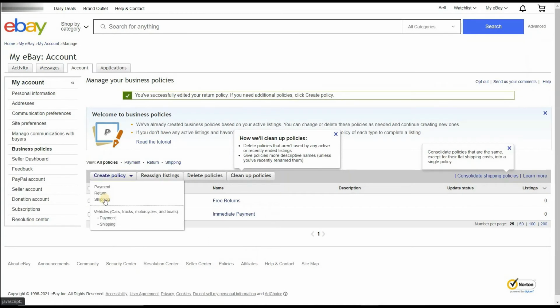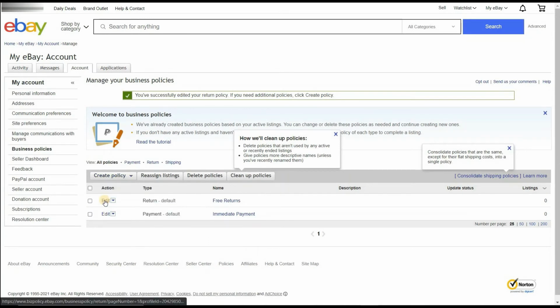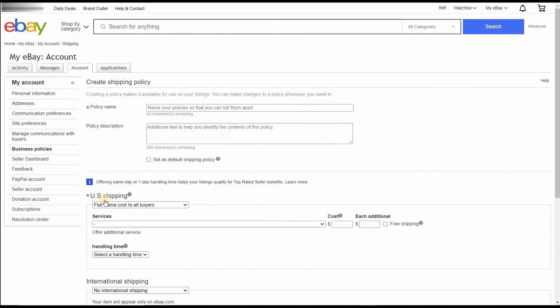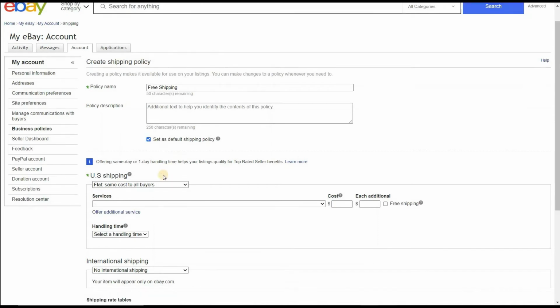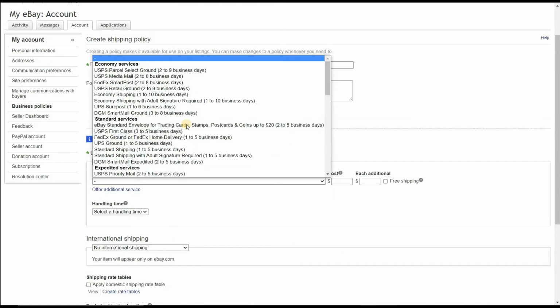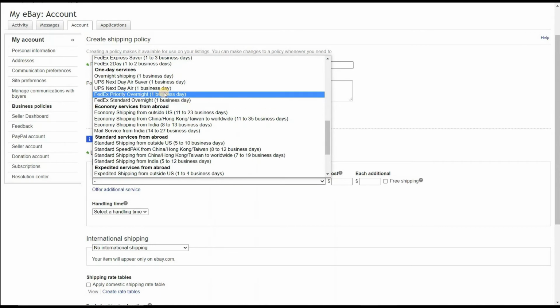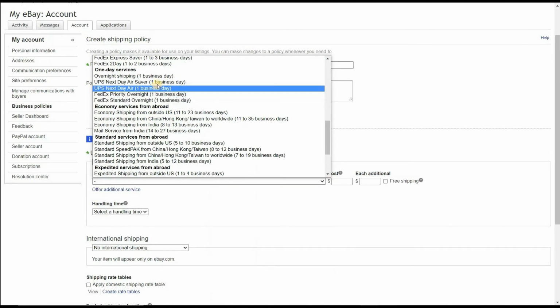And finally, we need to create a shipping policy. We are offering free shipping because Amazon offers free shipping if you have Amazon Prime. Set as default shipping policy. For services, you're going to want to select one of these one-day services because that will give you the fastest estimated delivery date shown to buyers.